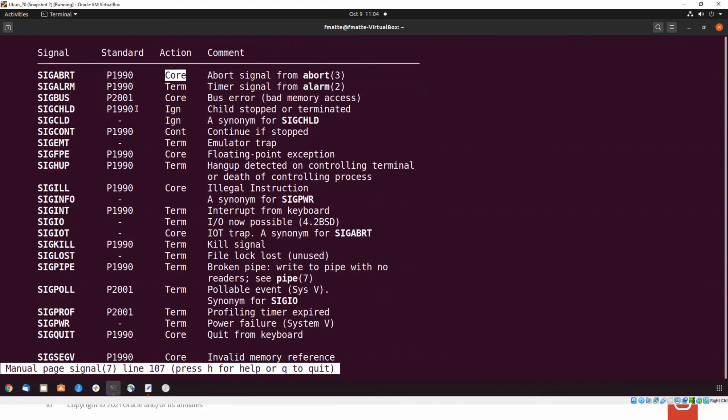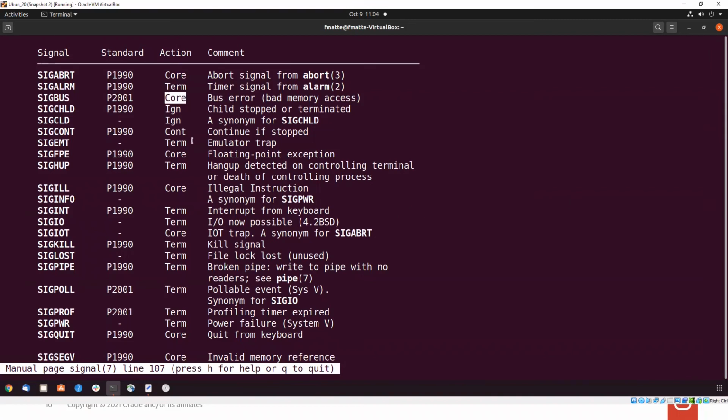There are certain signals. For example, if you're trying to kill a process with kill -9 and give the process ID of the process you want to kill, you are the one killing it. You don't need the OS to dump a core, right? Because abort means some signal was received telling a process to abort, which is not a normal thing. But for certain signals like alarm, it just terminates, don't do anything. Or some bad memory access happened with SIGBUS. Again, this is not a normal way, so again you dump a core.